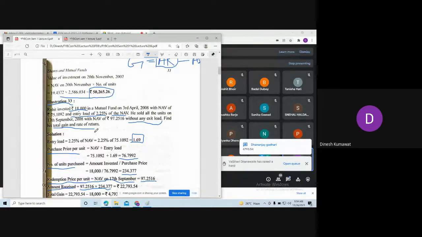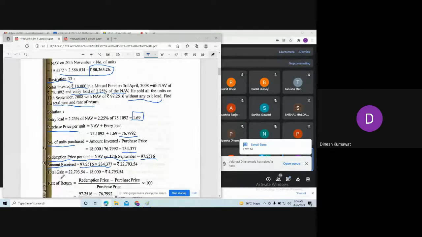So Dhananjay is getting 4793.54. What about others? Okay, so others are also getting the same. So let us see what is there in the book. So you can see total gain is nothing but 4793.54. Okay, now if you observe this illustration number 33 carefully, then they ask us also to find out the